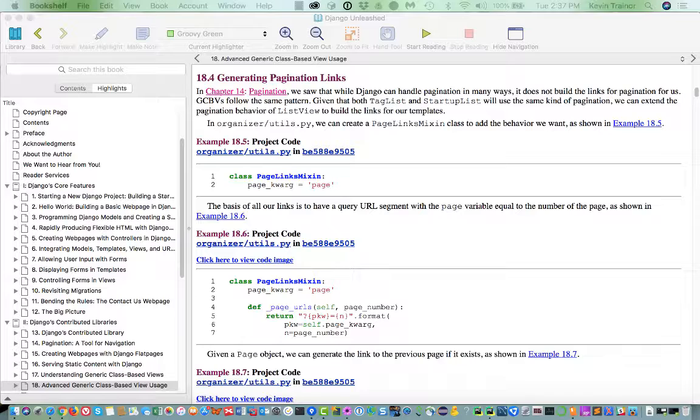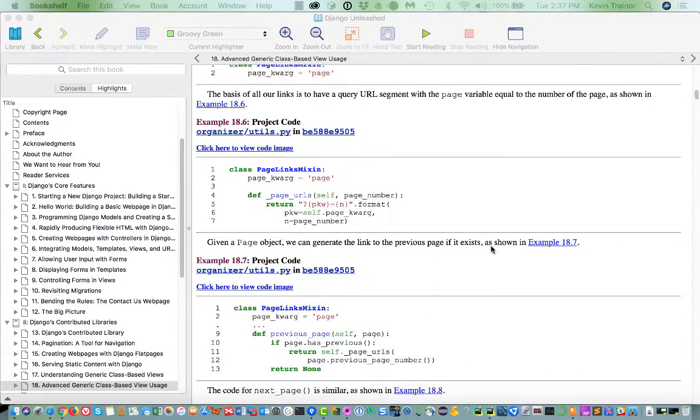The other thing that happens here is that we kick up the functionality of the pagination code a notch. So first of all, let's take a look at